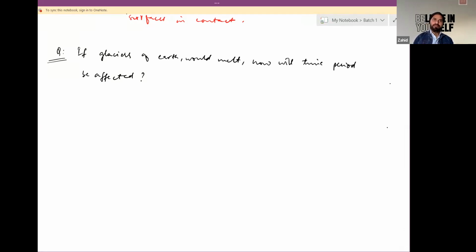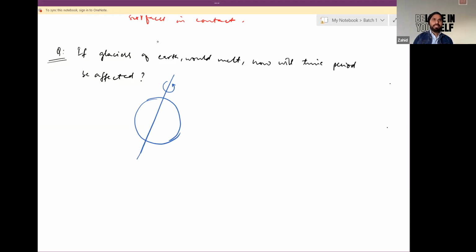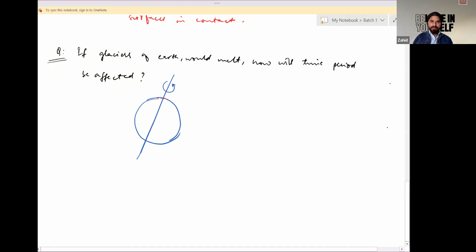Let me give you a hint how to simplify it. Suppose this is Earth having axis along this direction. So it must be rotating with some angular velocity omega. As we know, according to geography, glaciers would lie at maximum at the northern pole and southern pole. So these two places are the coldest on the surface of Earth. So we have glaciers on these two ends. Now, if it would melt,